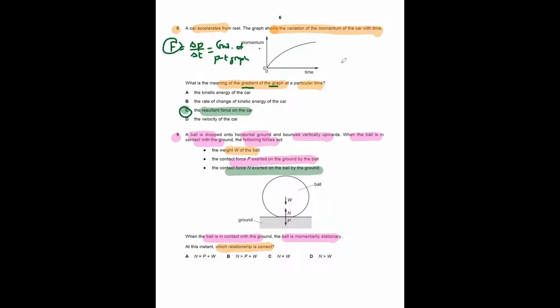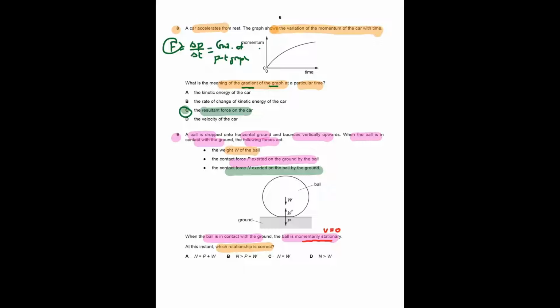So momentarily stationary here would simply mean that velocity is 0. Okay. And then from here, they want you to find out the relationship between the forces that have been listed here. Okay,